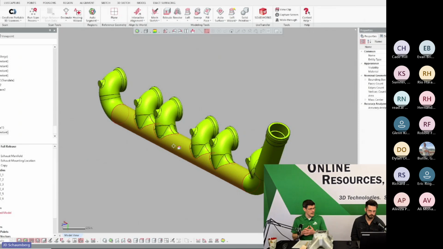So a lot of times we'll just send this kind of, I'll call it a raw file, or a finished machined file. And then the customers will add their knowledge to that file to make sure that it's correct for the casting process. Yeah, I mean, we aren't casting professionals necessarily. We don't live in the industry, so